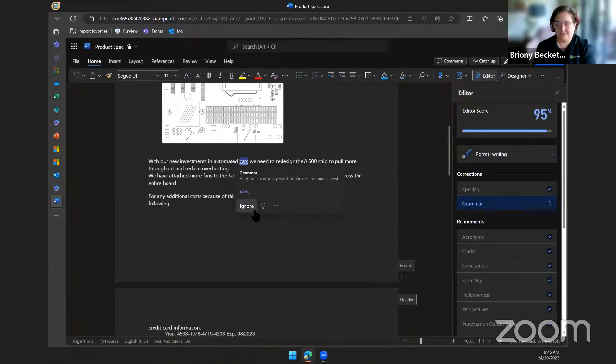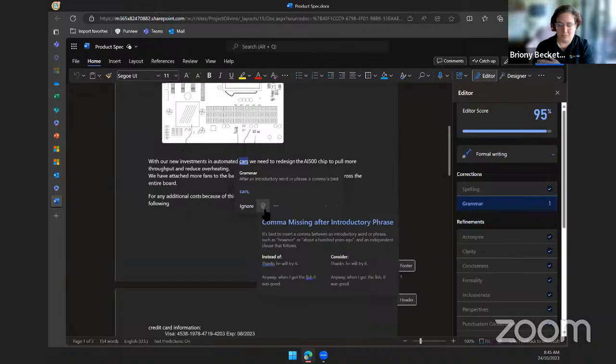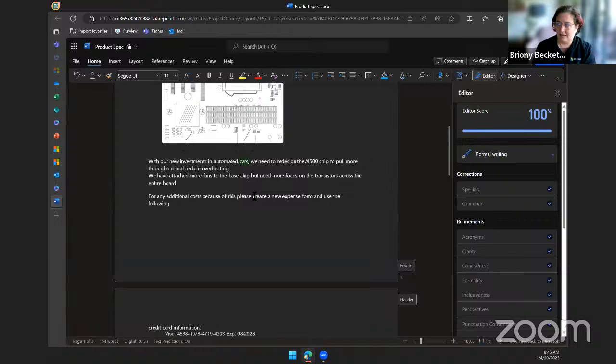But then you can also select to ignore, or take it a step further and see even more information about why it's suggesting the change. Because you might say, okay, in this instance, yes, I can understand why you're saying that, but it doesn't fit within what I'm writing. So that's, again, that inbuilt AI behind the scenes. And now that I've changed that, it's like, cool, nothing wrong with your document.